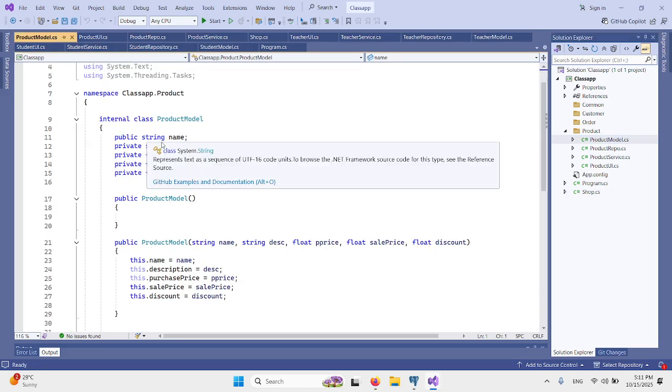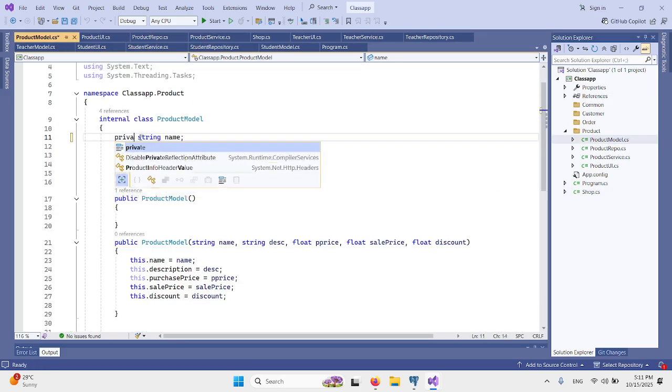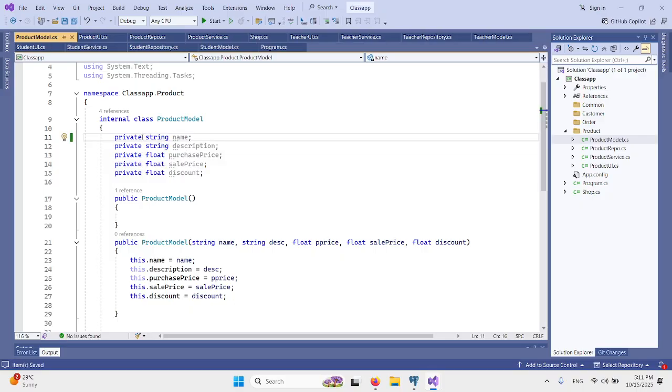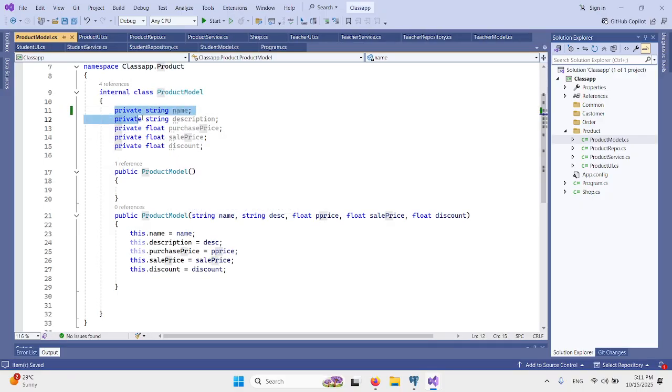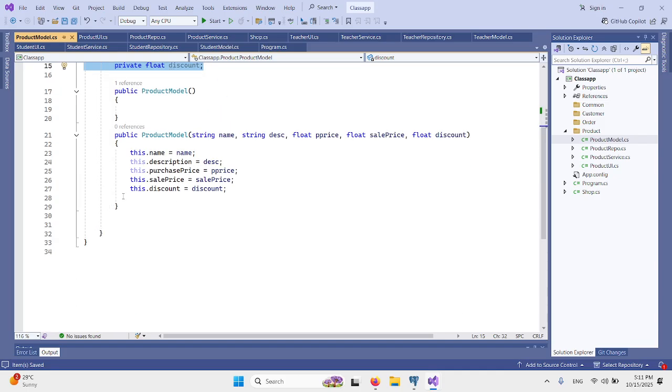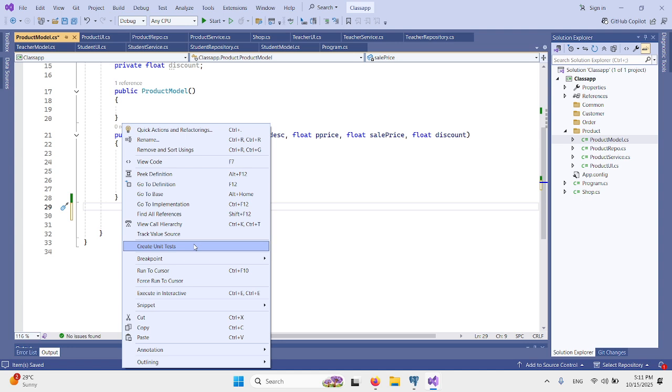Now if all these variables are private, how can I make them accessible outside the class? One possible solution is to make the getter and setter.